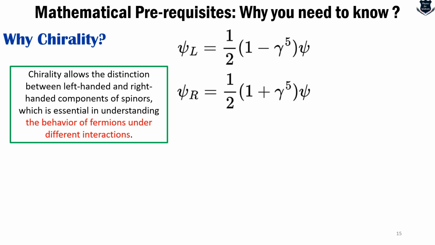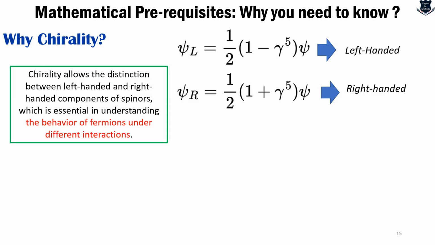So this is what is called the chirality equation looks like. Now, in order to isolate the left-handed and right-handed components of a spinor, what we use is a projection operators, and it is derived from this gamma 5. So this one is called the left-handed. That means the operator projects out the left-handed component of the spinor which has got an eigenvalue of -1, and this is right-handed. The operator projects out the right-handed component of the spinor which has got an eigenvalue of